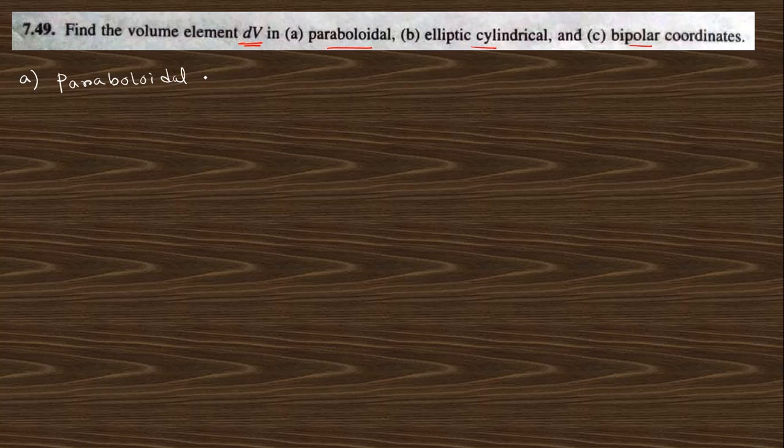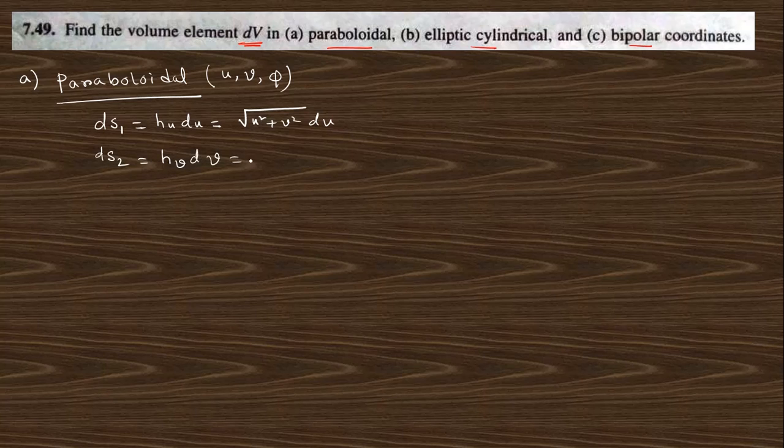paraboloidal coordinates. In these coordinates, taking u, v, phi, you can go through the previous lecture and see that ds1 can be written as h_u du, and h_u is nothing but the square root of u square plus v square, and this is du. Similarly ds2 is nothing but h_v dv, and this is also the square root of u square plus v square, and this is dv. And ds3, the arc length of the other side, is h_phi d phi, this is nothing but